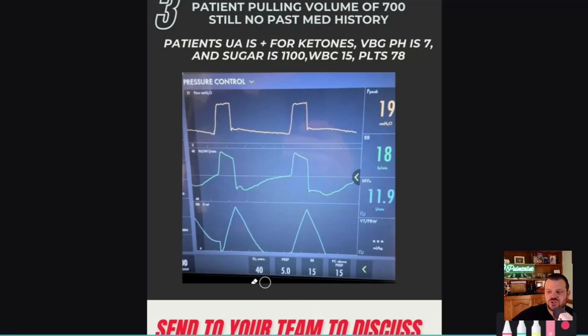So I think in this situation, the best thing to do is try to make the ventilator work as best as it can for the patient. How do you do that? You put them in modes that give the patient a little bit more control. Pressure control, pressure support. Some people wanted to switch off of pressure control to pressure support because it allows spontaneous